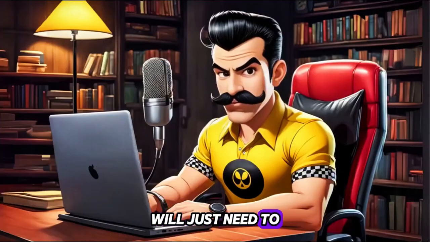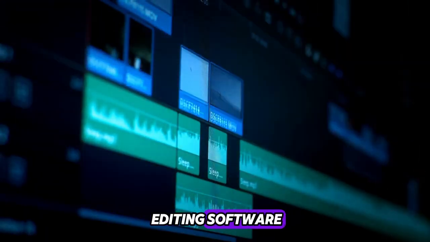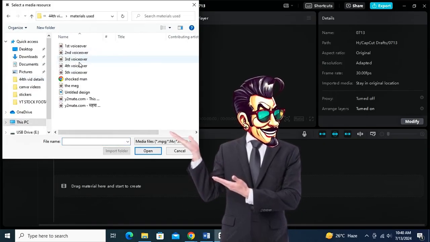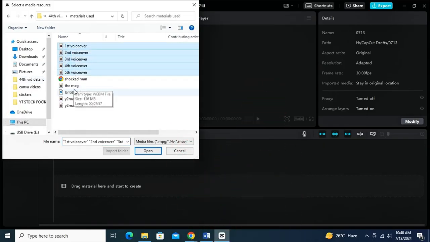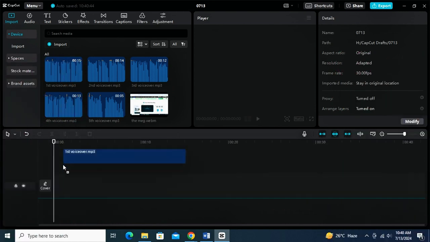So, you will just need to mute the original audio of the clips and use the clips for your own video. And now the magic that we will do in the editing software will protect us from copyright issues. Now first you need to import all your materials in an editing software. No matter if you are on mobile or PC, you can follow all the steps and then place your voiceover